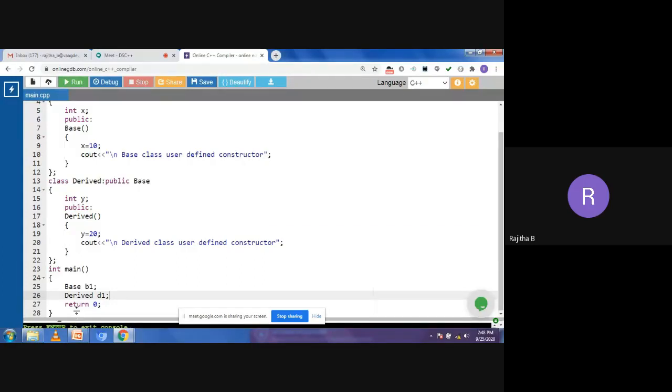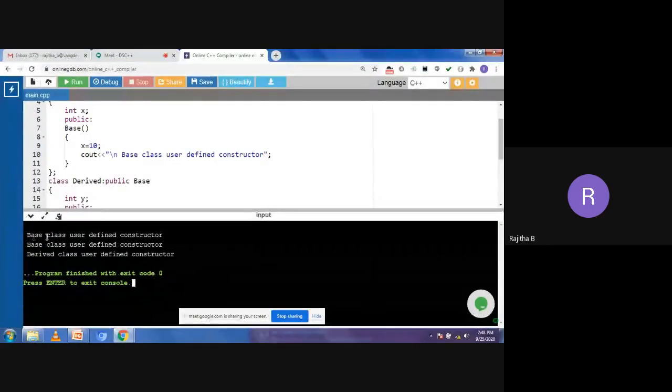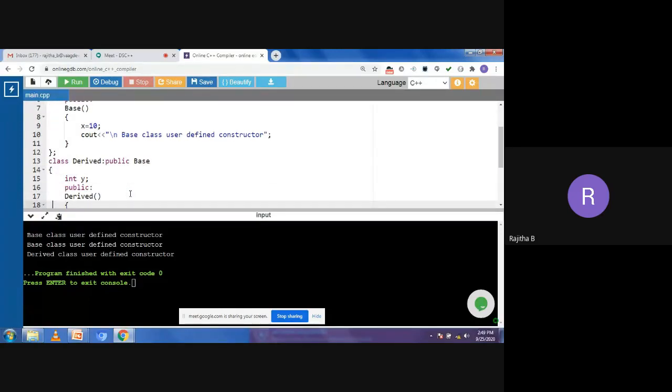Now you can see it: base class user defined constructor, and base class user defined constructor and derived class user defined constructor. So you get all the outputs. Why? Because the derived class also has the base class constructor, since we are deriving it.